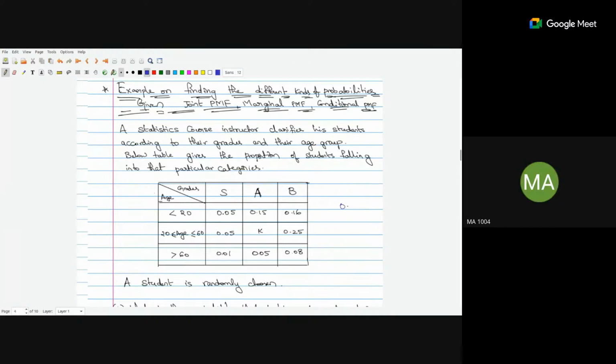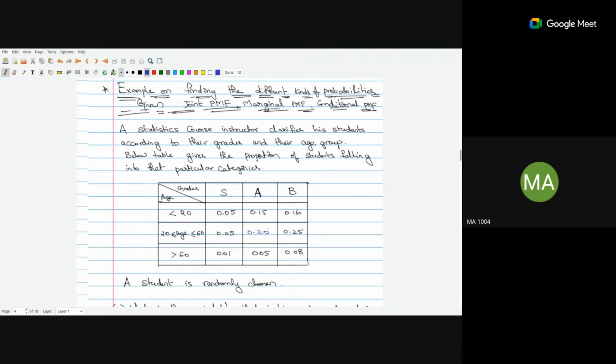So is this correct? Other people? Yes, sir. So what you have to do, if in the given table there is an unknown constant, you can use the properties of the joint PMF table. One property states that if you add up all the entries, that should be equal to 1. So use that property and get the value of k. So the value of k now is, I will remove k and put